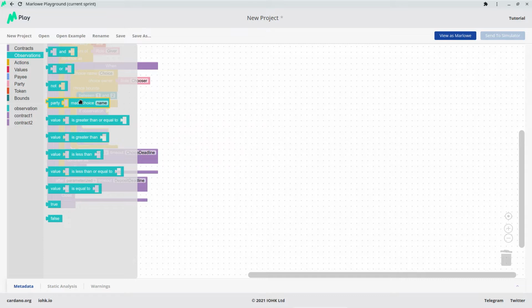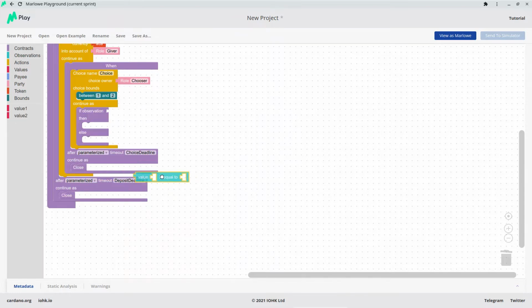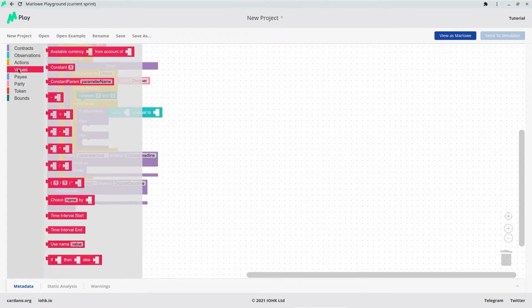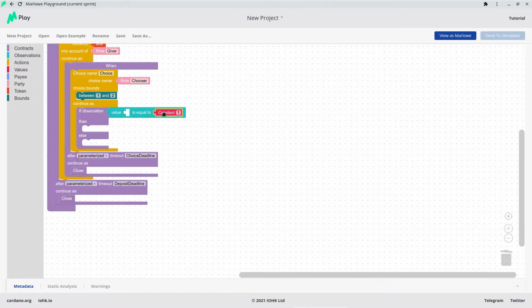So what we need is we want to check whether the choice value equals 1 or 2. So we know it can only be 1 or 2. So the observation we want is we want to check whether it's 1, say. And if it's not, we know it's 2. So this would be value equality. And the one value will just be the constant 1, let's say this. And here now,